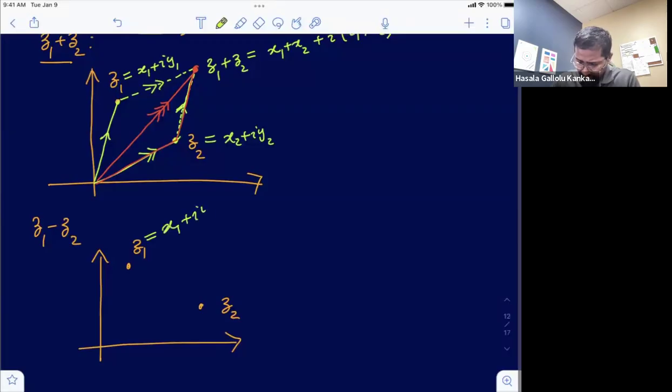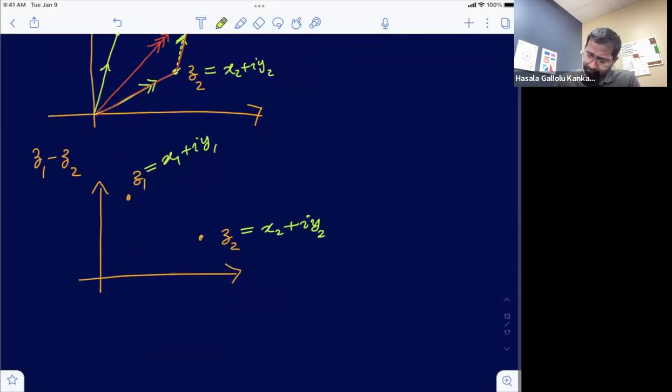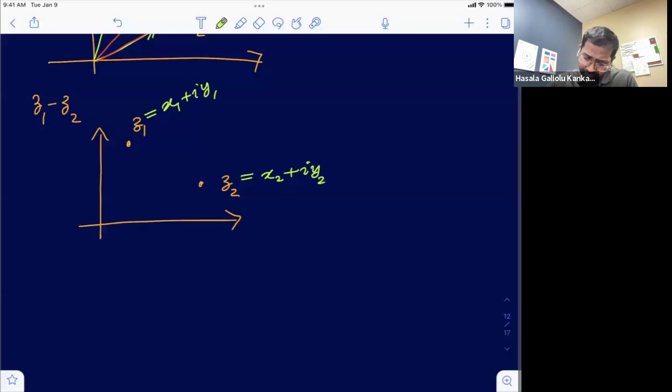x1 plus iy1 should not be an equivalence. It should be just the addition, right? Now, when you consider the difference, which will be fairly straightforward, again, we are using the same idea. Now, if you're trying to compute z1 minus z2, first of all, minus z2 is none other than